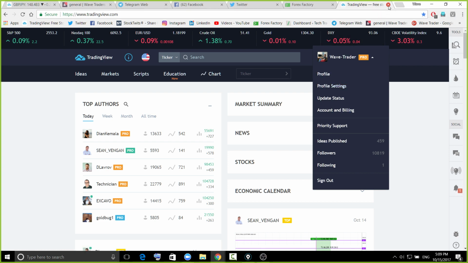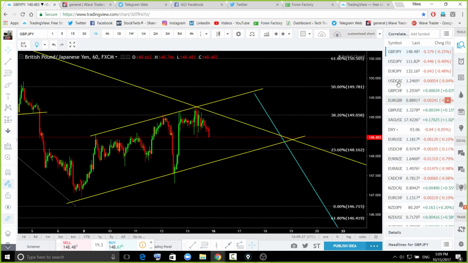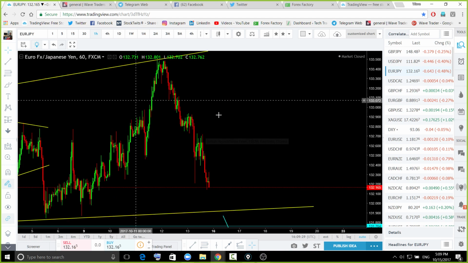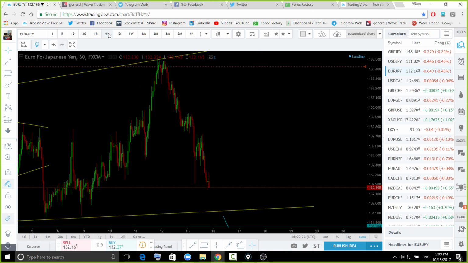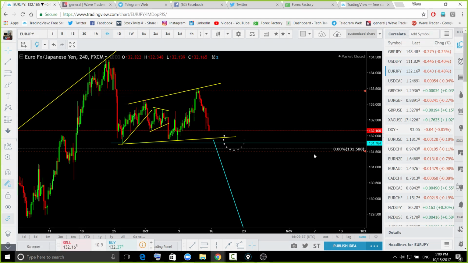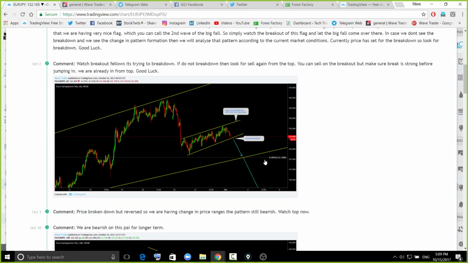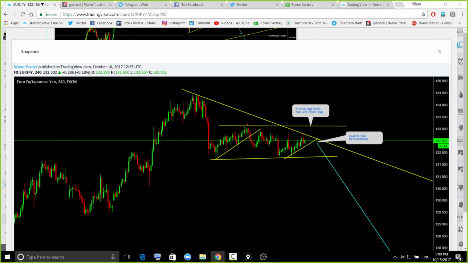I think I have to go through from here, that's going to be too quick. If you remember the euro yen chart, then you understand what I'm talking about. Euro yen was falling, but falling correctively. Last week we were anticipating continuation to the downside, but it formed another corrective move to the upside. We were anticipating a breakdown. We were holding our short from this area, so it went corrective up to that top, and then started to fall aggressively.